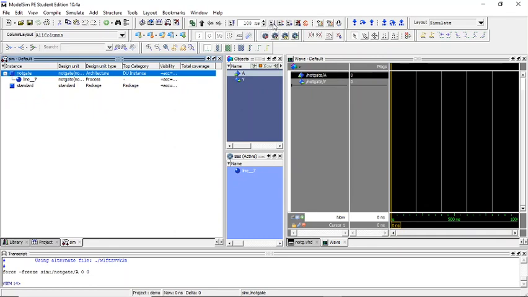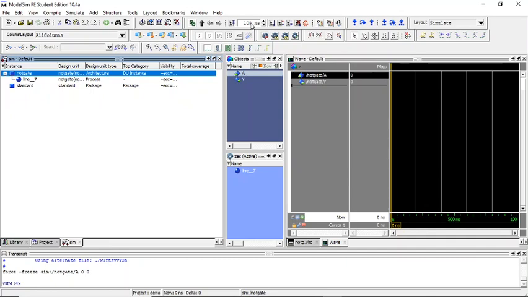This is the run button. Next to the shortcut run button you can see the run length. Here you can set the length of the waveform. By default it is set to 100 nanoseconds. If you want you can change it to 500 nanoseconds or 250 nanoseconds, 1000 nanoseconds, etc.